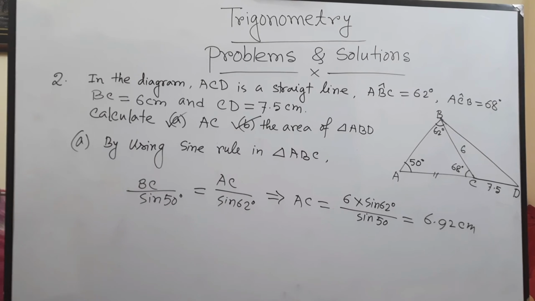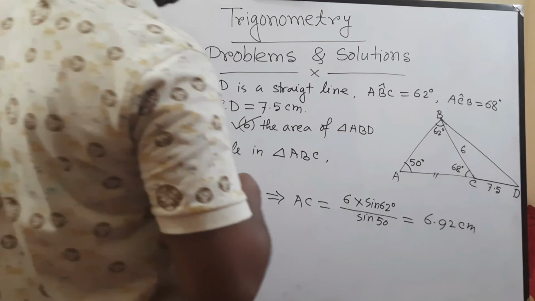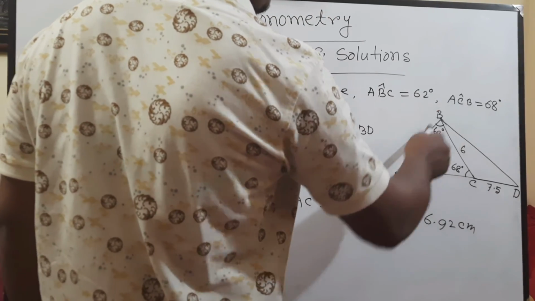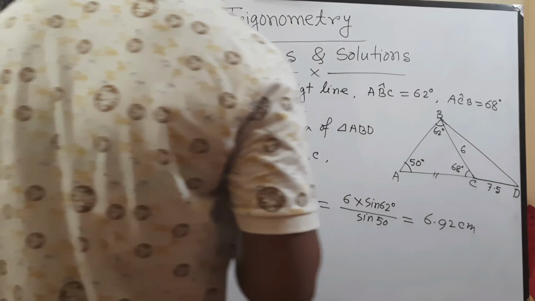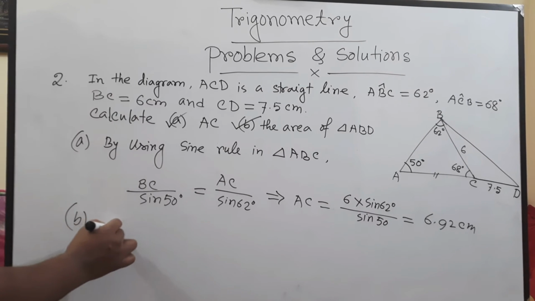Okay, the number B we need to find the area of triangle ABD. Okay, if you look at this diagram, this whole triangle is divided into two small triangles. One is ABC and another is BCD. So we already know the value of AC. Now we can easily find the area of the whole triangle ABD. So for finding this value of this triangle ABD,